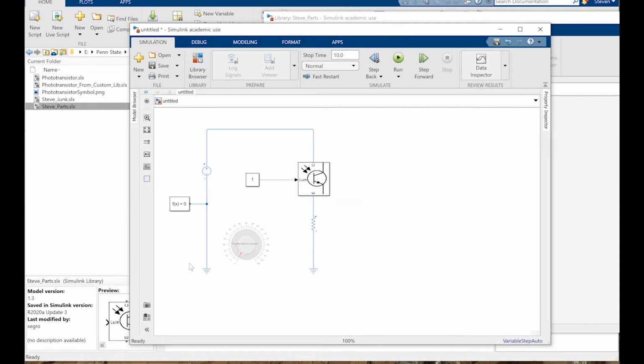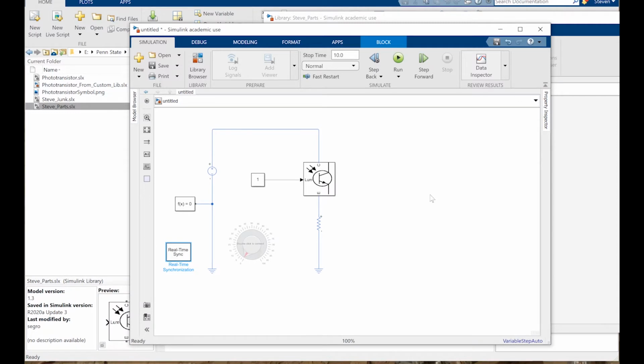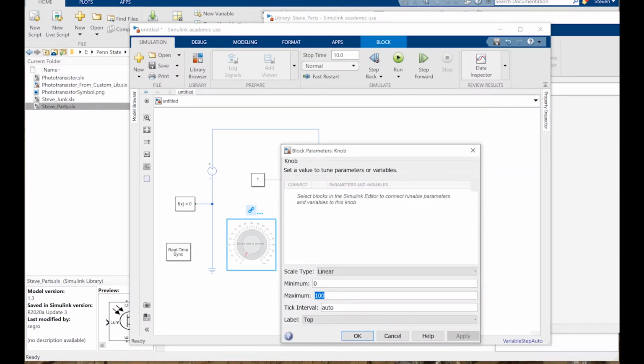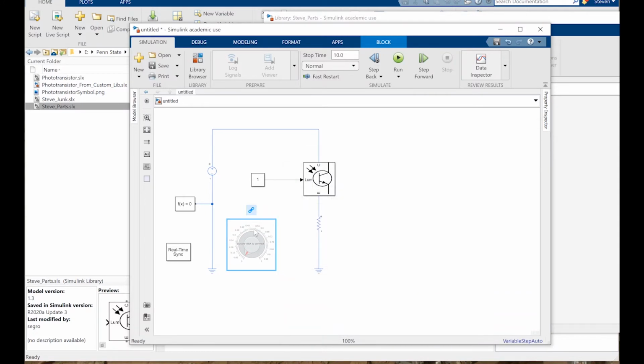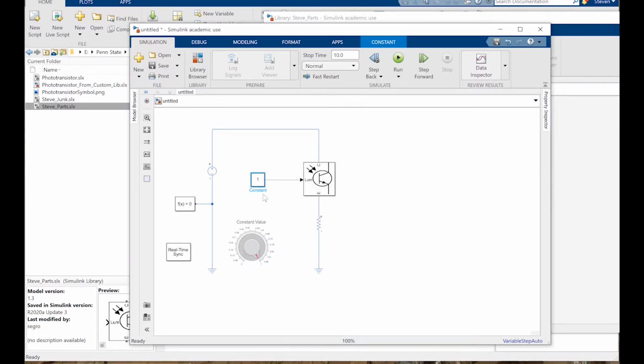So this is our basic, oh, I forgot, real-time synchronization. I want to be able to run this in real time. Click on that. I want to go from 0 to 1. Oops. And I also want to connect it to that block. Okay, I'm going to change the name of this from constant because that's just boring. Loom. All right, so this is our basic common collector